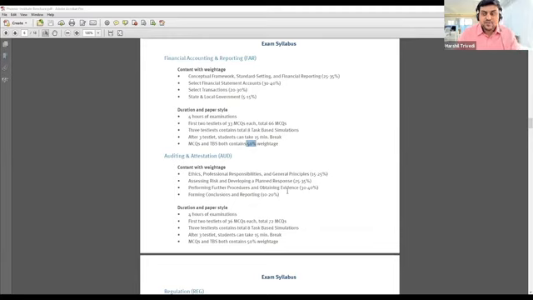This paper is also a 4 hour examination. Again, the first 2 testlets are MCQs. Each testlet covers 36 MCQs, so there will be 72 MCQs in this section. After that, there will be 1 testlet which has 2 simulations.